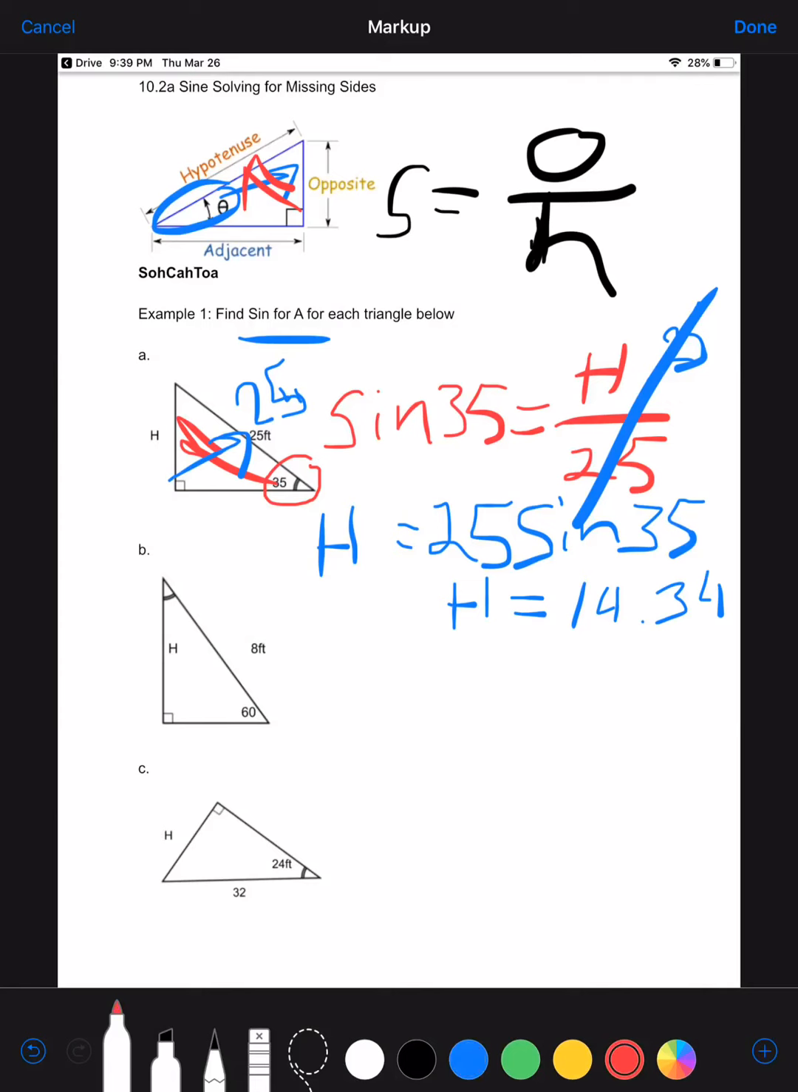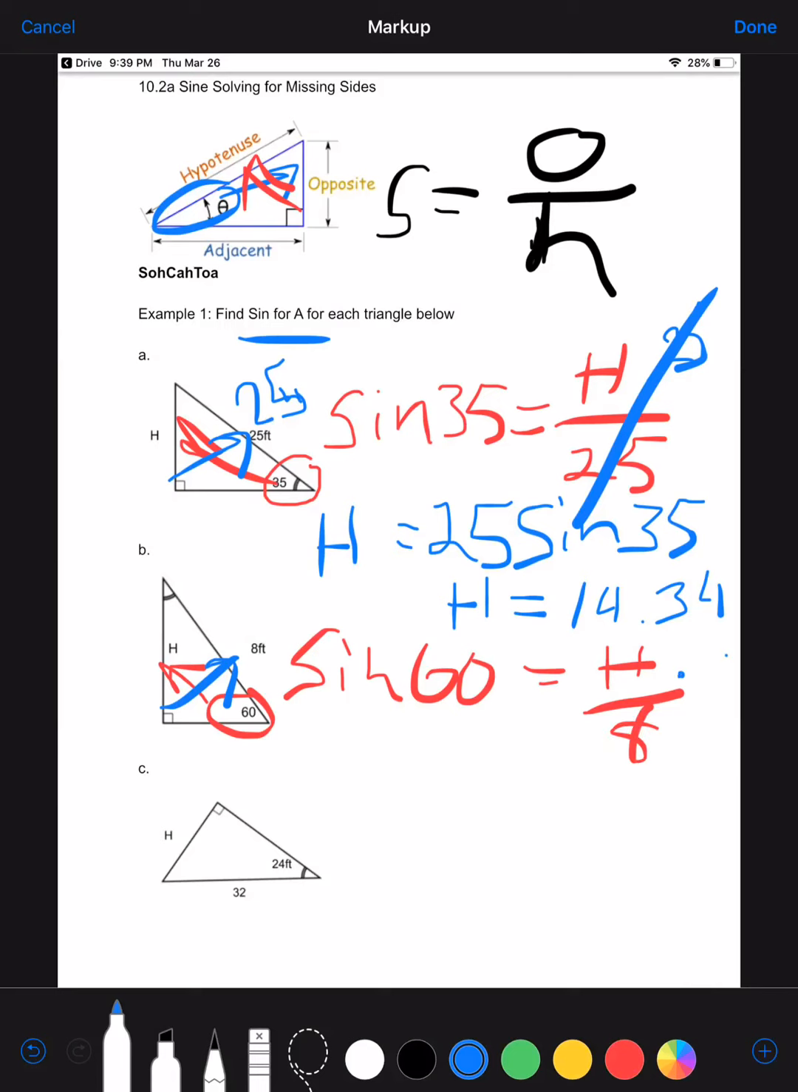We're going to look for our angle. In this case it's 60. And we're still using sine, so we're going to do sine 60 equals, we're going to look for our opposite, which in this case is H, over our hypotenuse, which is across from the right angle, which is 8. We're going to multiply both sides by 8. Our 8's over here cancel out, so we're left with H is equal to